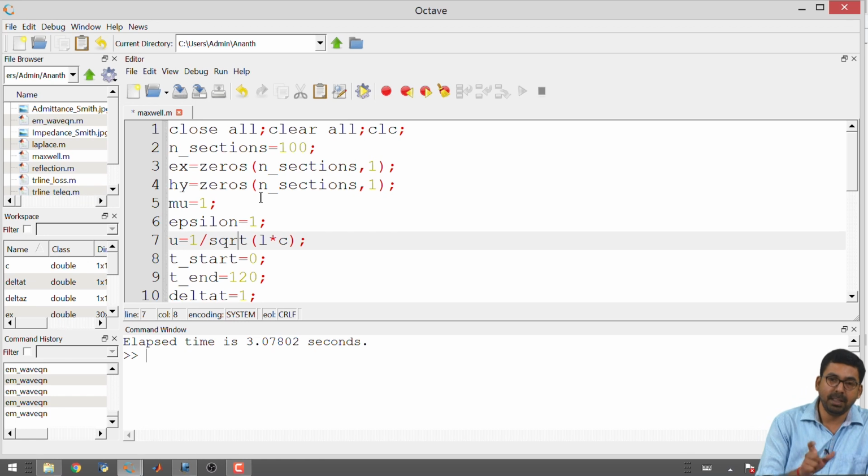When you are using these numbers for doing multiplications, divisions, etc., there is a possibility that the result will be approximated to 0 by the computer. So, in order to avoid these approximation errors, it is better to do the simulations by considering only epsilon r and mu r, and maintaining the velocity to be equal to 1.